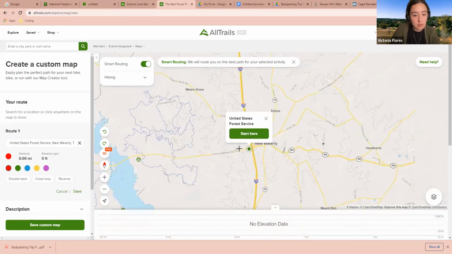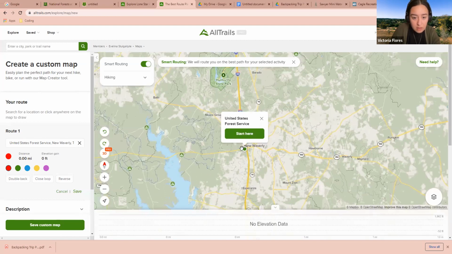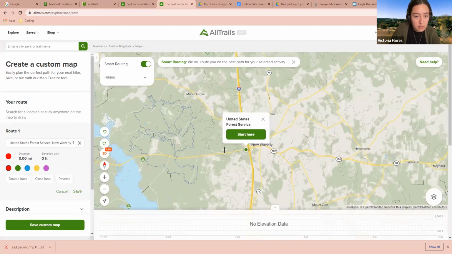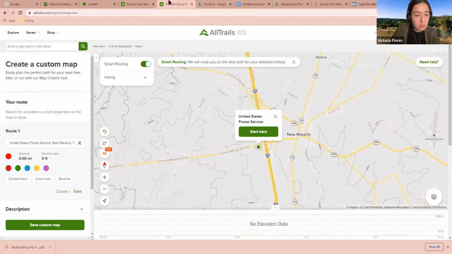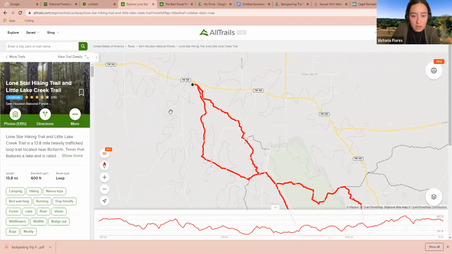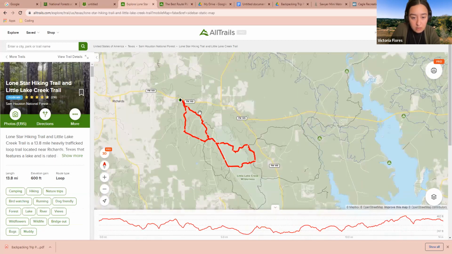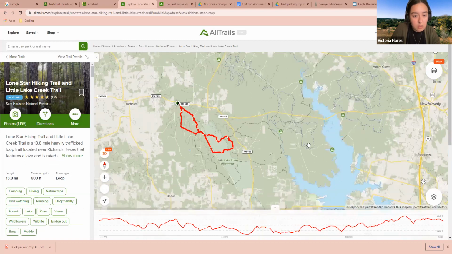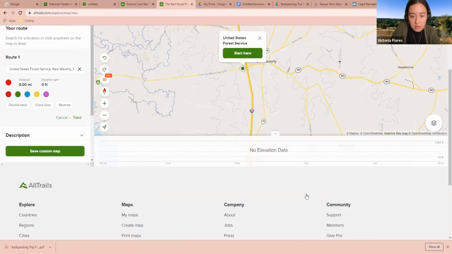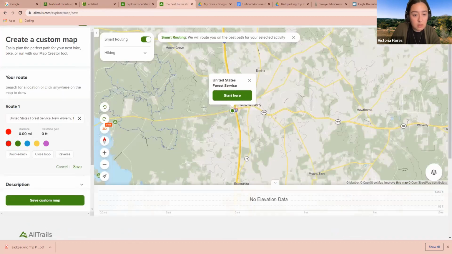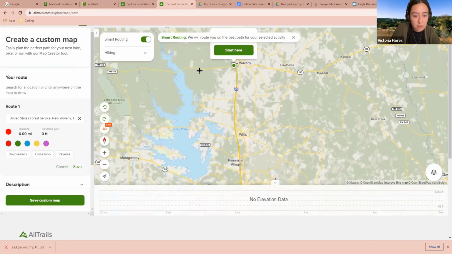Now let's find that trail. If we go back to the other tab really quickly, it's Little Lake Creek Wilderness. Okay, let's type in Little Lake Wilderness and see if we can find that one.